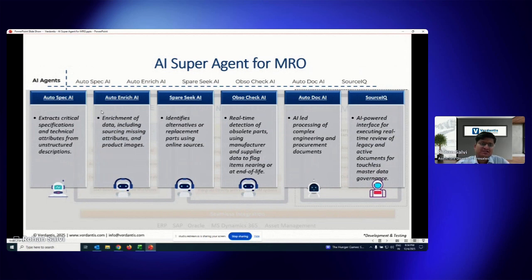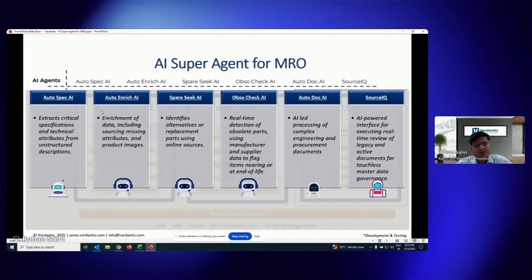Now, coming to the focus for today, AutoDocAI. This agent is able to process documents. When I use the agent in a use case of creating a vendor, it is able to read through documents such as a W9 form or a vendor registration form, extract information from these documents, and help build a highly reliable vendor record. If you have engineering drawings or a procurement catalog, the agent can pull information from these, including details from nameplates of equipment.